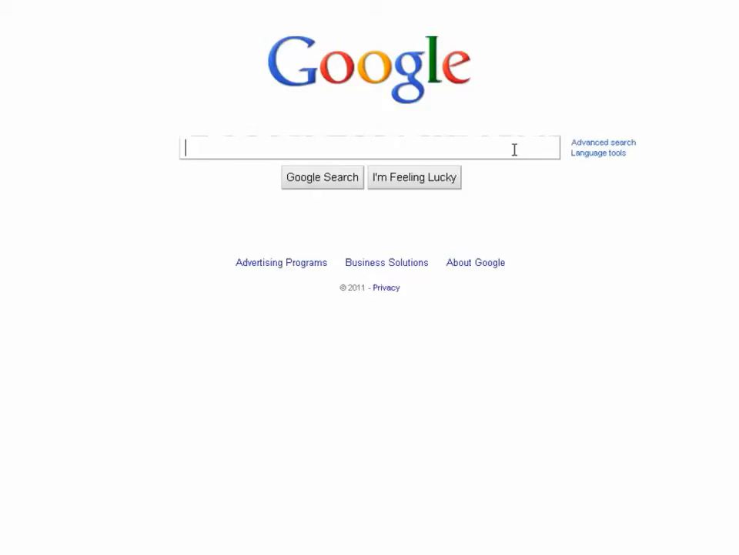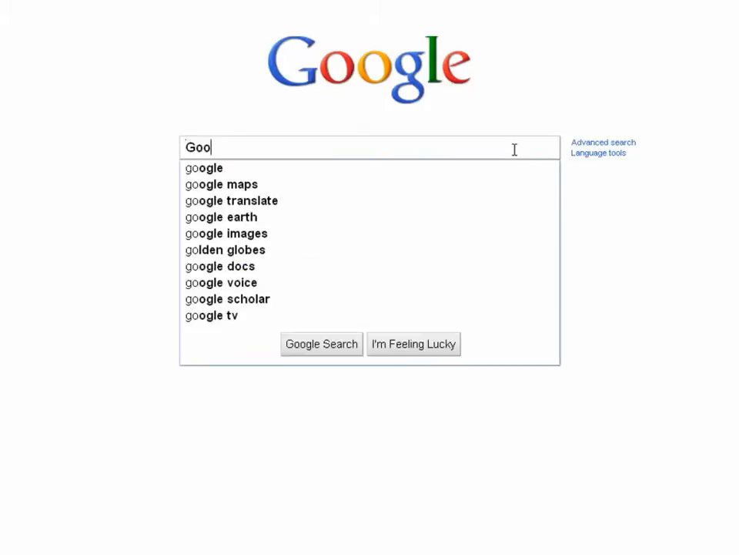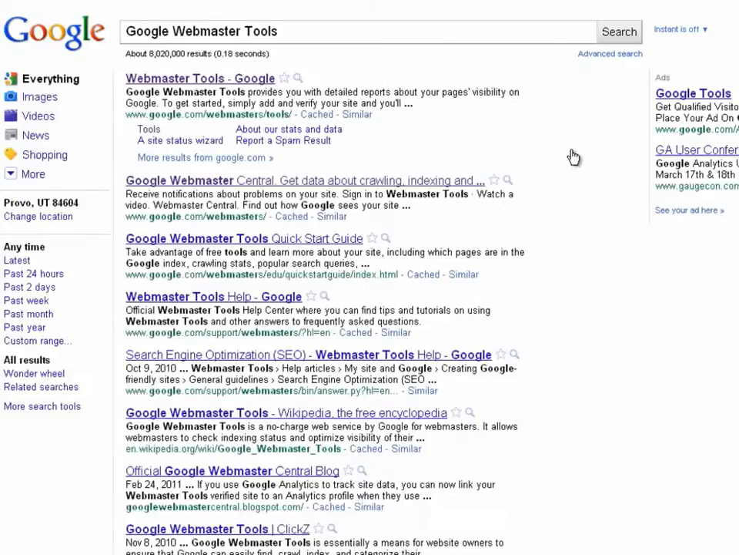So, what is Google Webmaster Tools? Well, basically, they're tools that will help you to be able to see what your site looks like when Google sees it. So to start, let's log into Google Webmaster Tools by typing Google Webmaster Tools into Google, and then